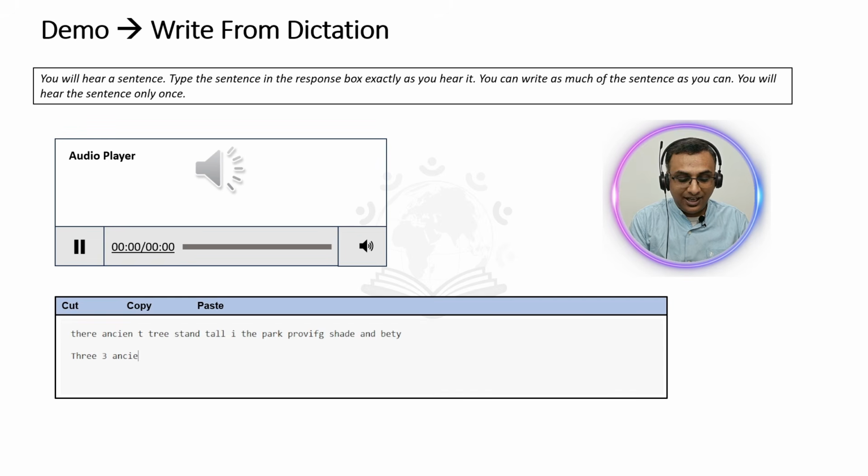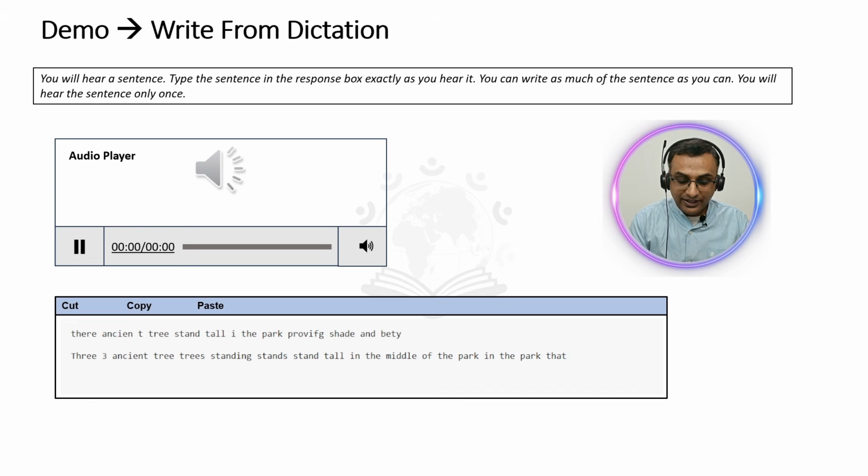Ancient, A-N-C-I-E-N-T. Ancient. Tree. I can write plural as well. 3 ancient trees. Standing tall or stands tall, S-T-A-N-D-S, or even stand tall. Stand tall in the middle of the park. Maybe I could have missed listening to that word middle. Let me add it. In the middle of the park or in the park